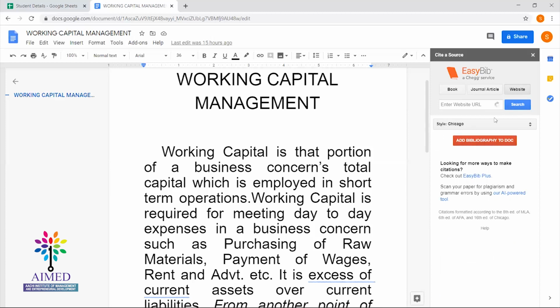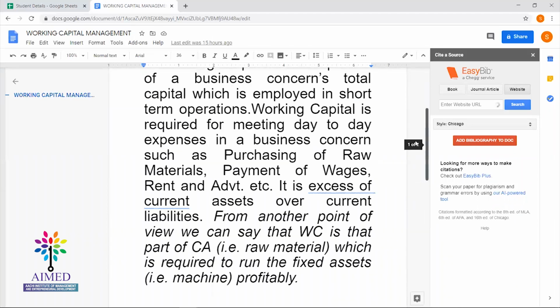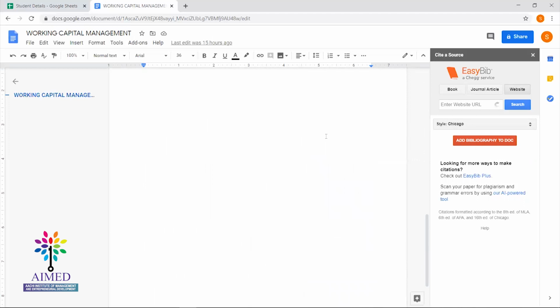Once the list is available, you can select any one from the list, and if you click on add bibliography to the document, that section will be added at the end of the document. Here I have only one page, but if you have more pages also, it will be added at the end. So let it search. We'll go for the next add-on in the meantime. Once it is loaded, I'll show you again.